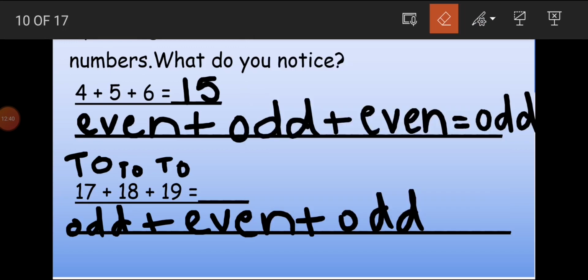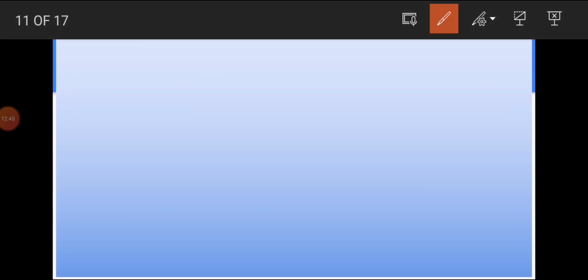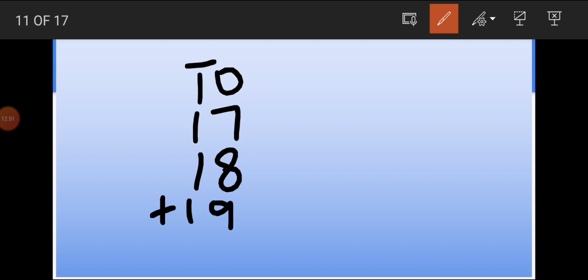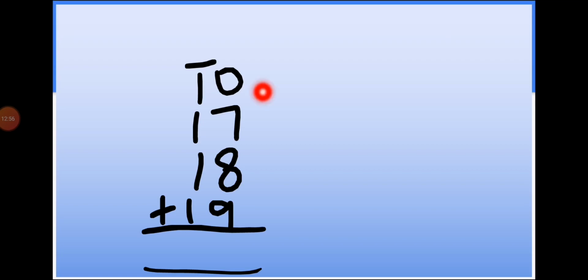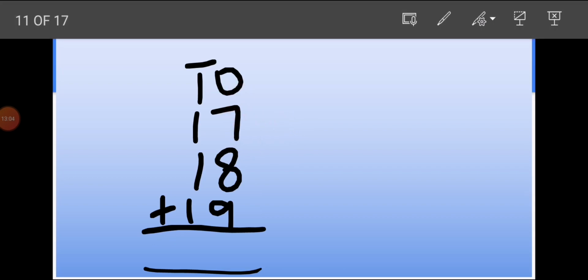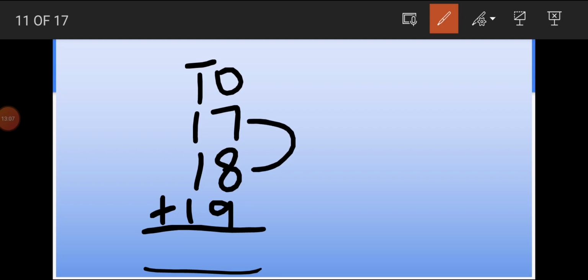Now we will check the answer by adding them on a rough page and see whether the result is even or odd. 17, 18 and 19. We will add these numbers. First, the addition rules. In addition, we add the ones first. So add the ones: 7 plus 8. Put 7 in your mind and now count with me 8 more: 8, 9, 10, 11, 12, 13, 14, 15. The answer is 15. Now to 15, add 9 more.